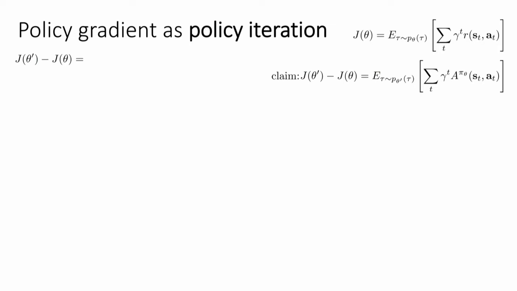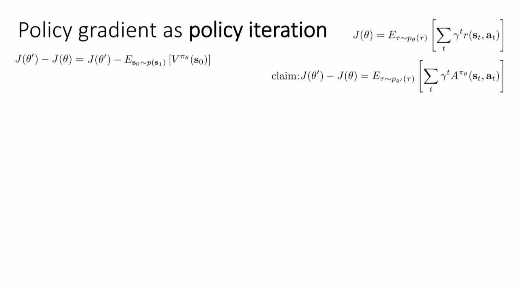Okay, good. So now let's try to see if we can prove that this thing is equal to this thing. So the first thing we're going to do is take J theta and substitute in the definition for the RL objective in terms of value functions. The RL objective is the expectation of the total reward under your trajectory distribution. But remember that the value function is the expectation of rewards you'll get starting from a particular state. So that means that the entire RL objective, the entire J theta, can be equivalently written as an expectation under